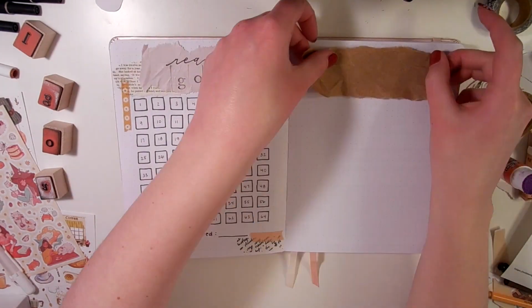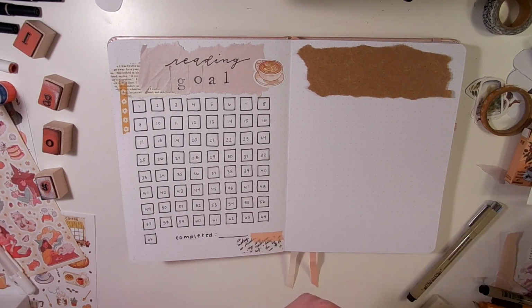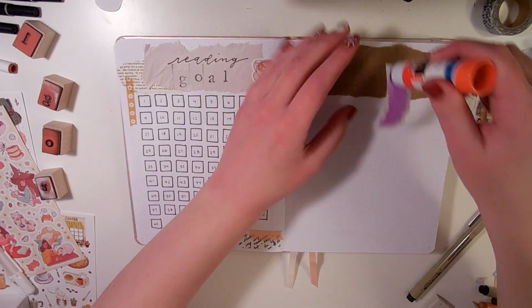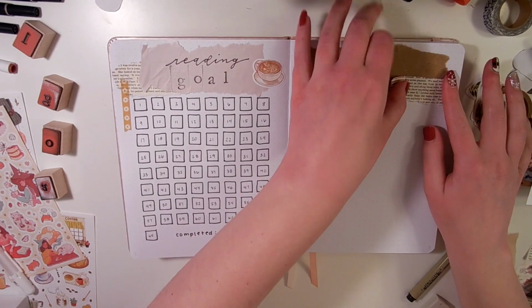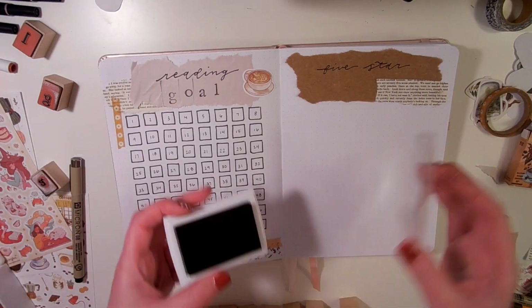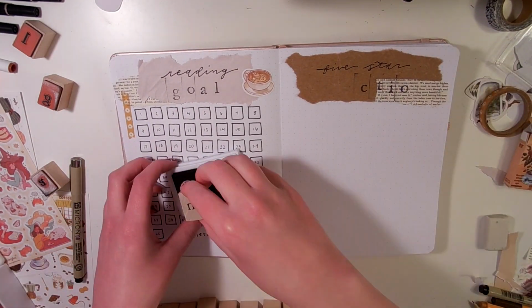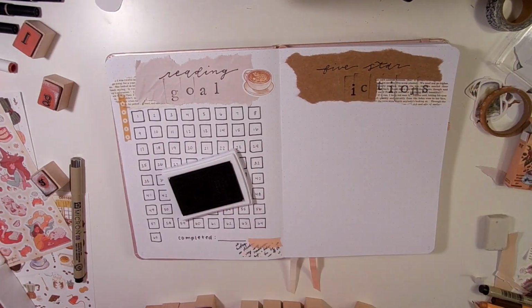And on the right side of this spread is going to be my 5-star predictions. So the past few years, I've made a list of books that I predict I'm going to read that year that will be 5 stars, and I wanted to do it again this year. I obviously don't fill this spread out in this video because I don't want to spoil that video. I will be posting that hopefully in January, so you will see that soon, but I just wanted a place